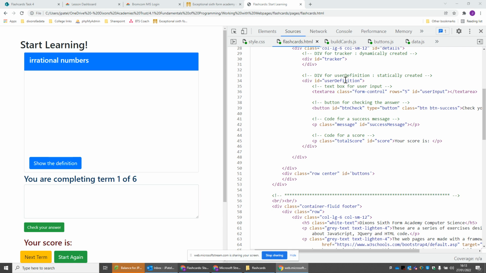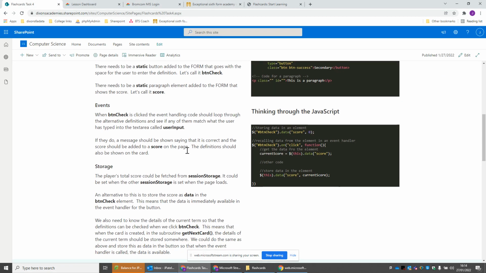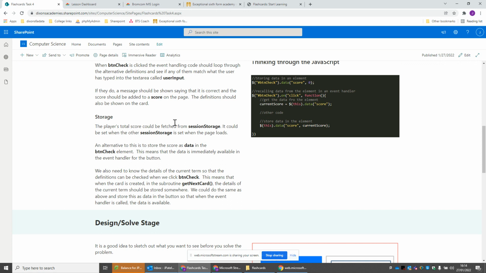Okay, so now we've set up the page. So what we need to do now is think about where we're going to get the data from. We need to make sure the data's stored onto the page. Okay, so we talked about using not session storage, but we want to store the data, the score, into